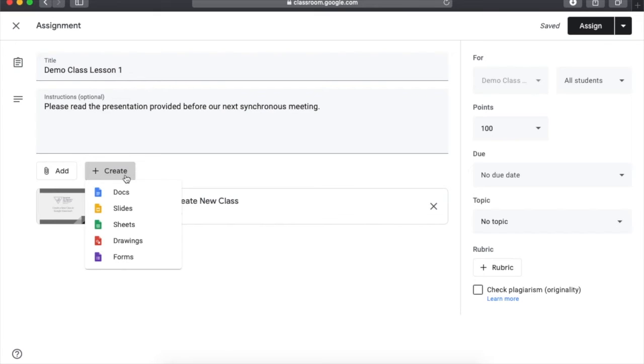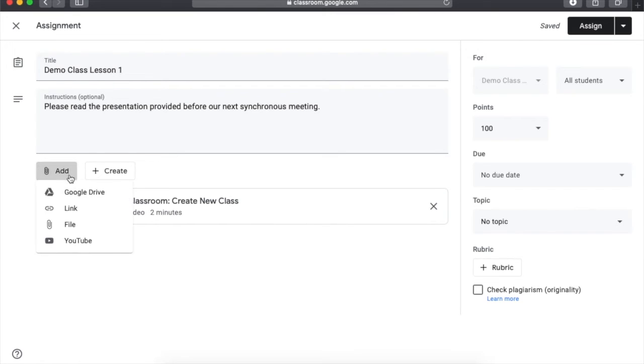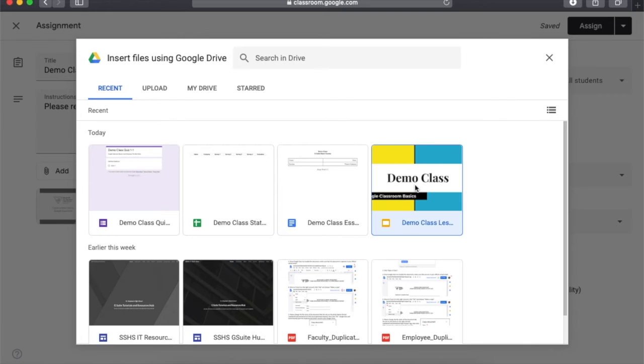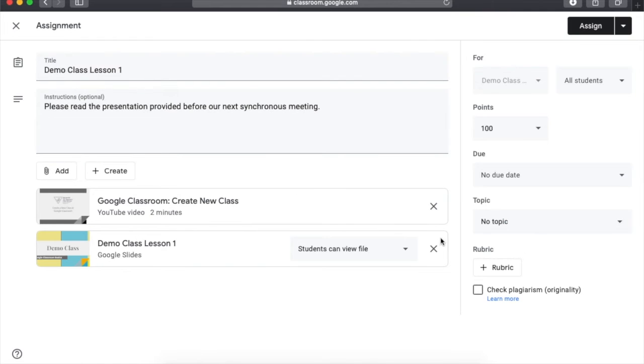So let's say I want to attach a slide. You can add or attach multiple files if you need to. So if I want to attach from my Google Drive, say the slide for the demo class, I can do so and then click Insert. Or if I want to add more,